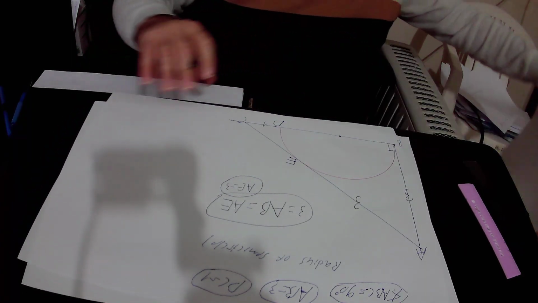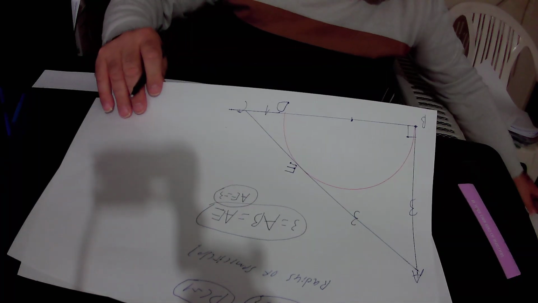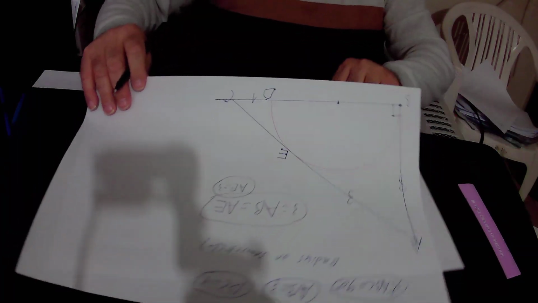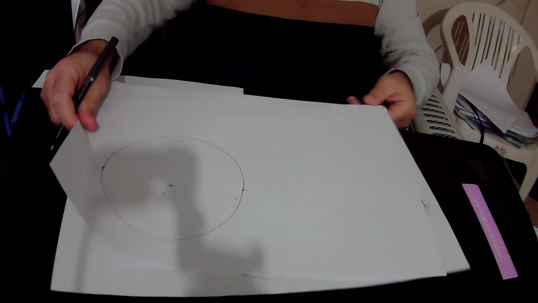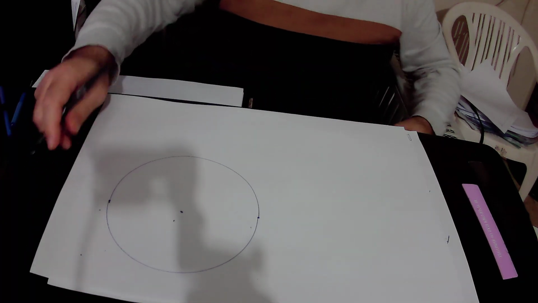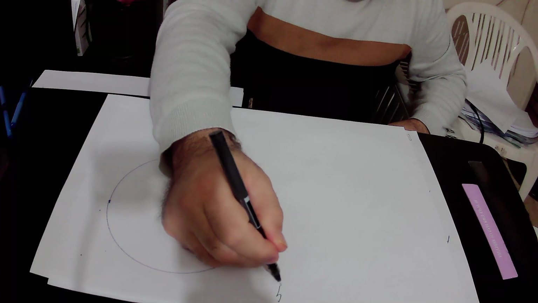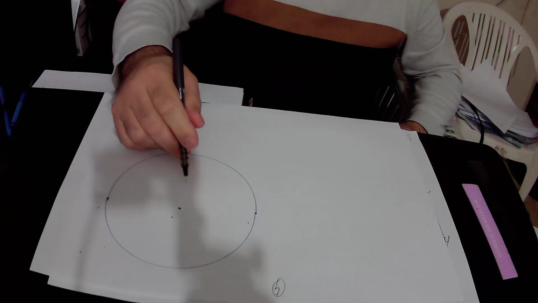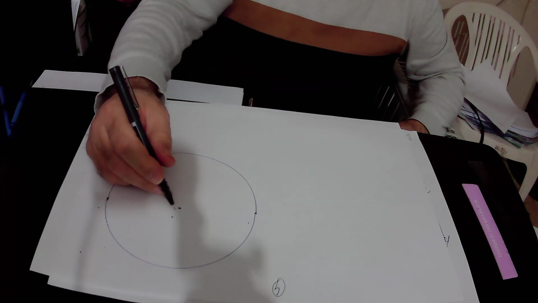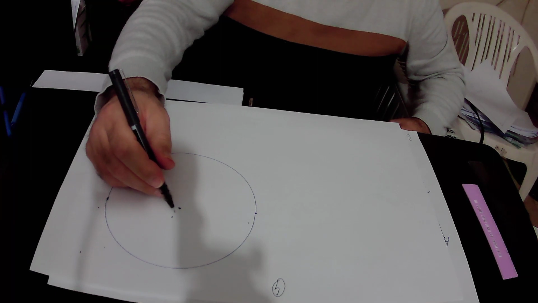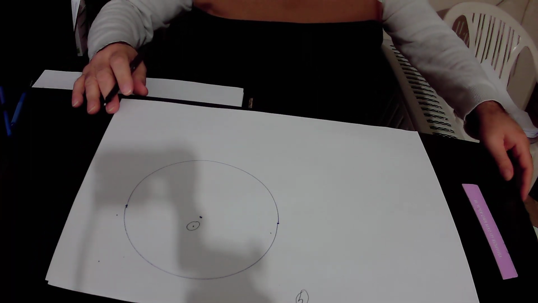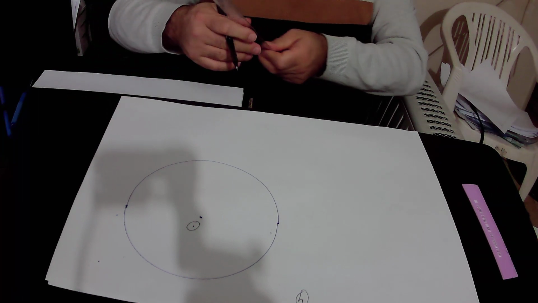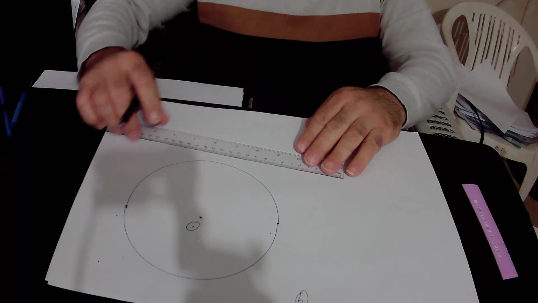The meaning is that if you have this circle and the center of this circle is at this point, we will define the center of the circle as point O, and we also have a tangent to this circle